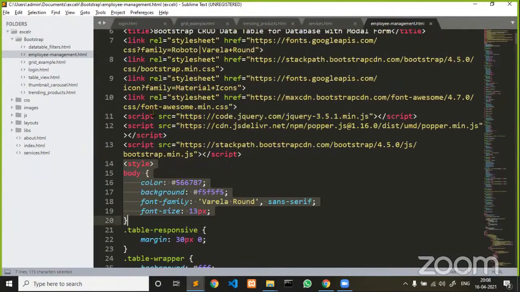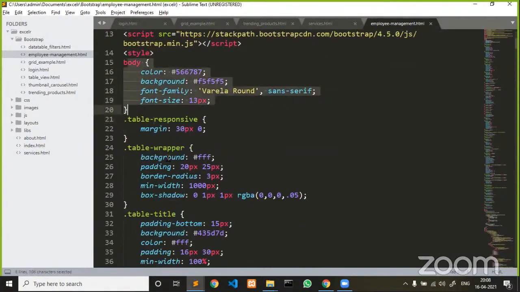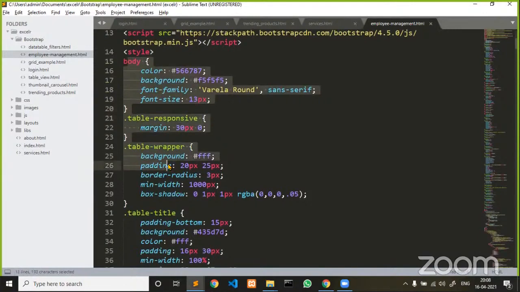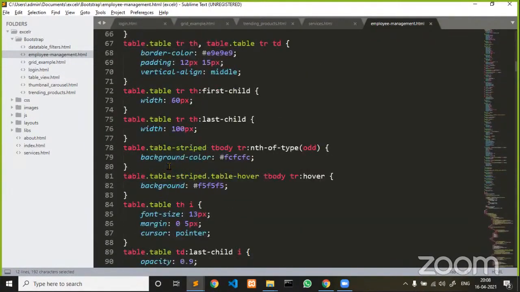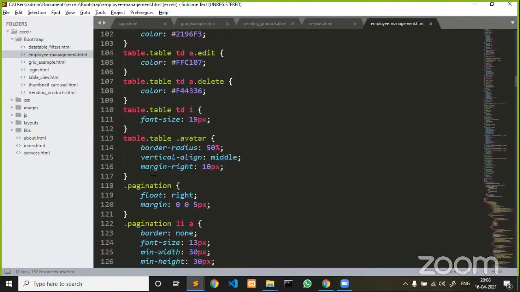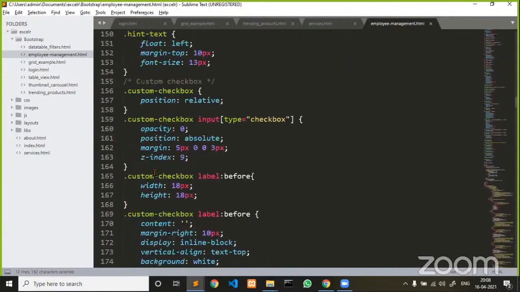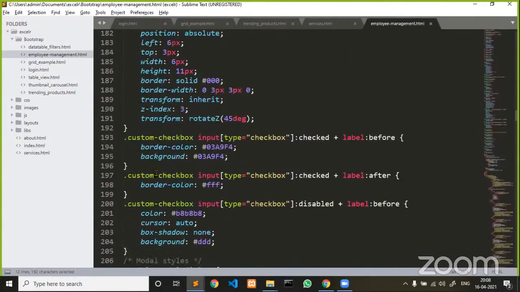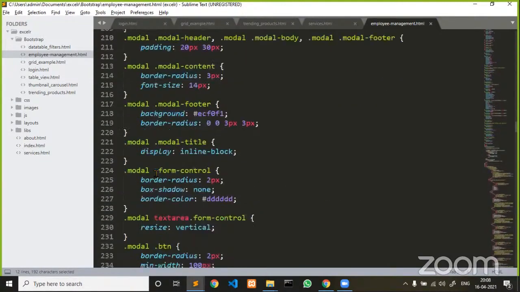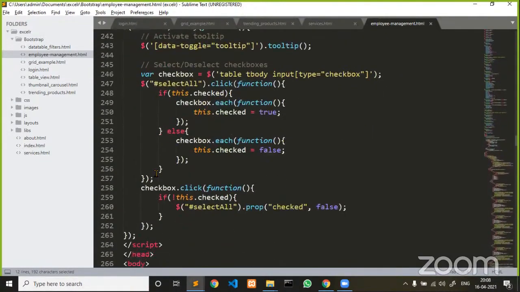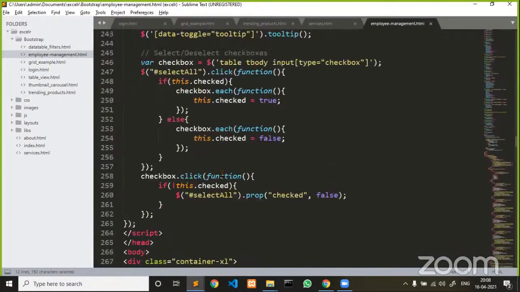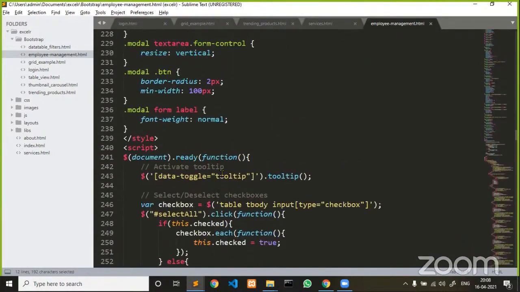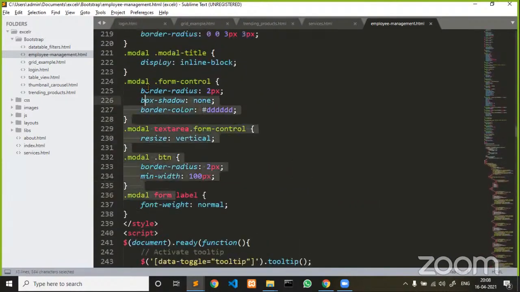Next, the customized CSS I have written. This is my internal CSS, which is required for my particular page. See here, I have written only a few lines of CSS. Even this much CSS, without writing it, I can still complete it by using Bootstrap. But my client expected me to write a customized CSS instead of using predefined features. That is where I have written too much code.